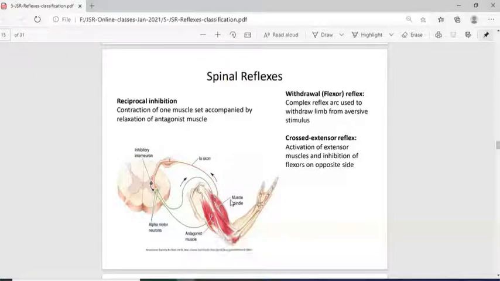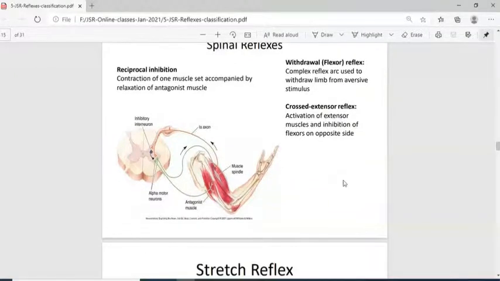The arc used to withdraw the limb from aversive stimulus. Crossed extensor reflex, there is activation of extensor muscles and inhibition of flexors on the opposite side. Stretch reflex,